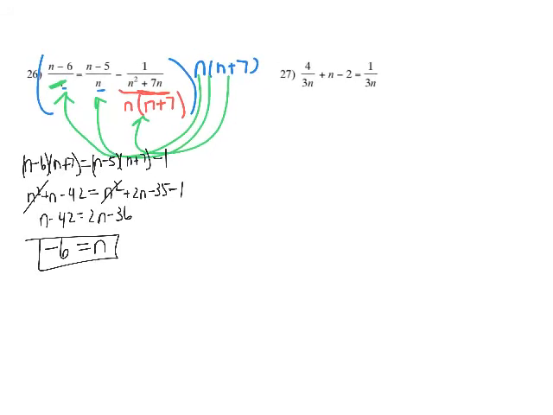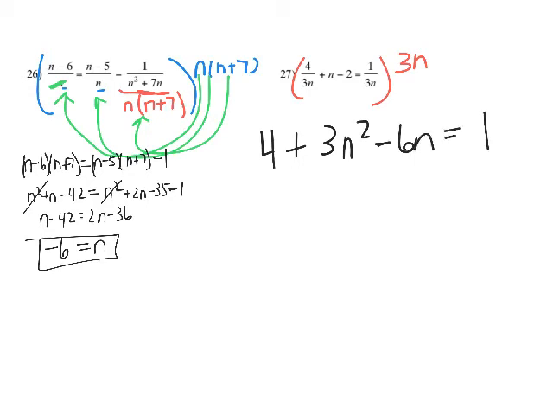Number 27 is a little bit nicer because you only have one denominator that you have to worry about. So when you multiply everything out, you're going to multiply everything by 3n and distribute it to everything. When you distribute it to that first fraction, the 3n on top and the 3n in the denominator cancel, and you have a 4. That's going to be plus 3n squared minus 2 times 3n is 6n, and then that's going to equal 1. So you've got 3n squared minus 6n,